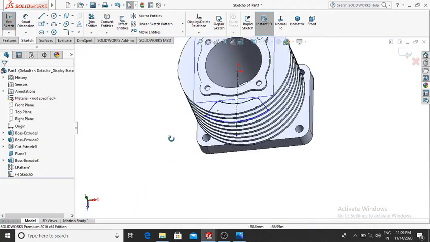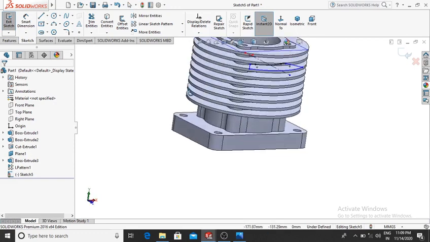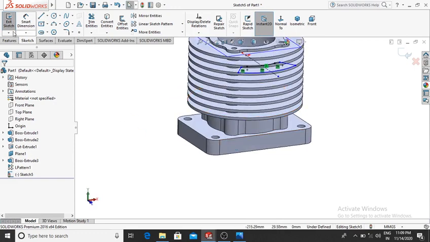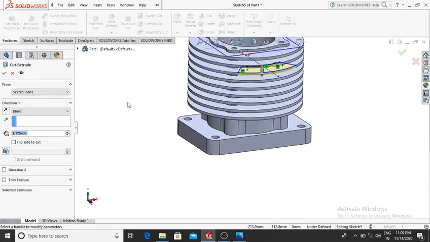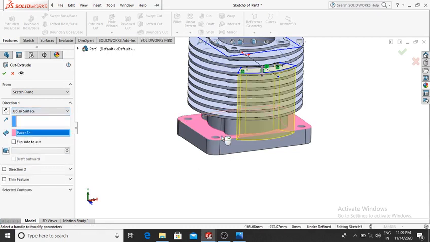Then OK, and here we make the extrude cut up to this face, so go to the features and select extrude cut and make the condition up to surface. Now select this surface,